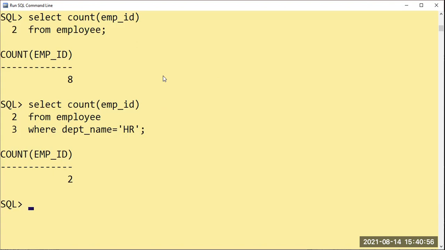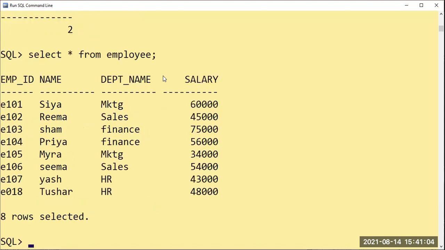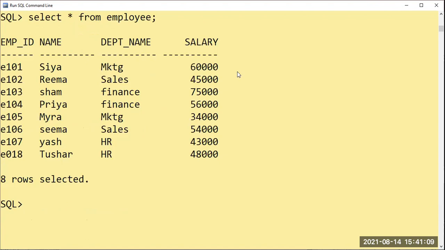And then the next one is maximum and minimum. Before proceeding, I'll just use select star from employee, and based on that we can have a look at the minimum salary and maximum salary. By seeing this, the maximum salary is 75,000, and the minimum value is 34,000.